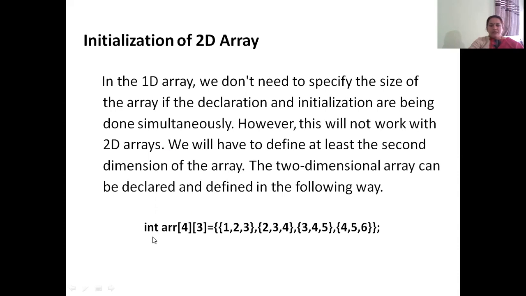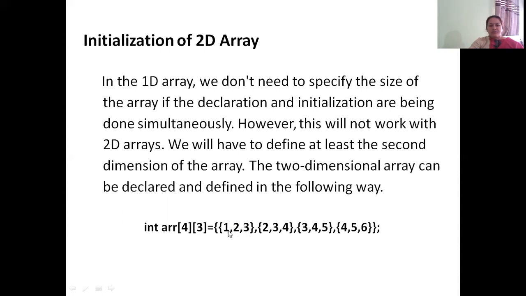So an example initialization is shown here. int R[4][3], where R is the array name, of size 4 rows and 3 columns, is equal to, within flower brackets, I could have written a continuous list of numbers like 1, 2, 3, 2, 3, 4, and so on. But in order to make it more meaningful, I have put the data elements of each row in a separate set of flower brackets.